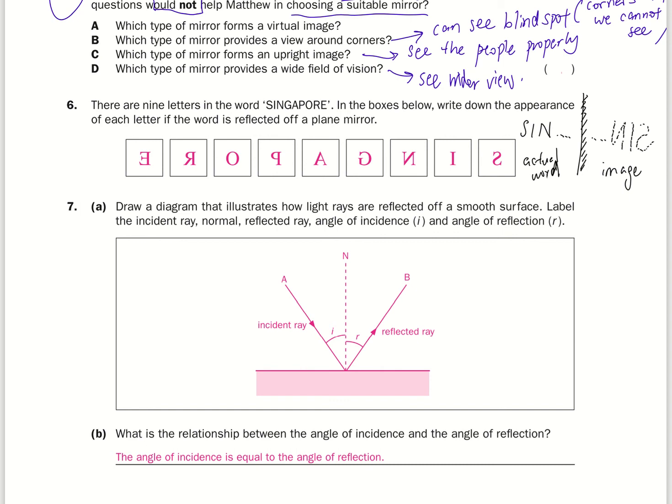So in this case, since the word Singapore is spelled from left to right, when it's laterally inverted, it means your words will become from right to left